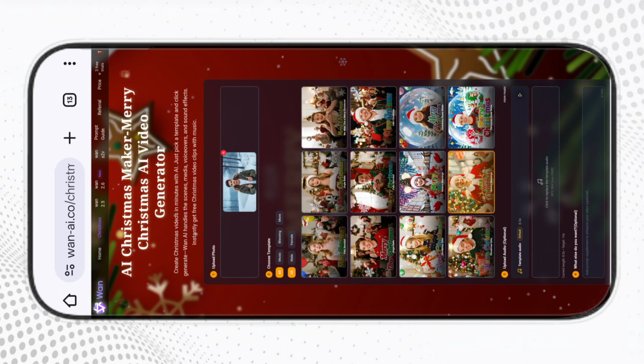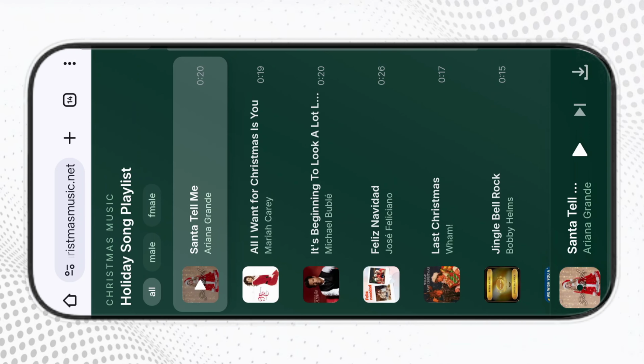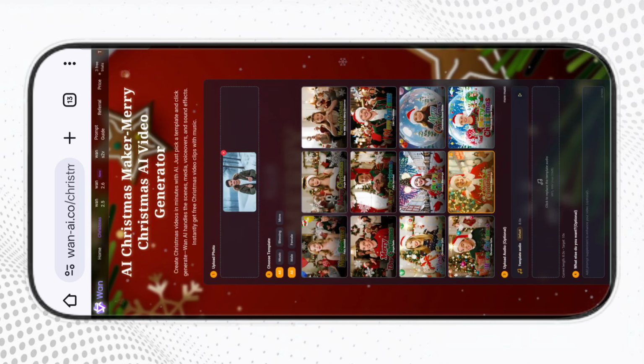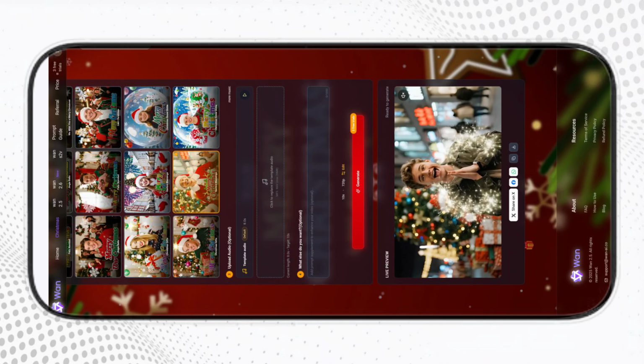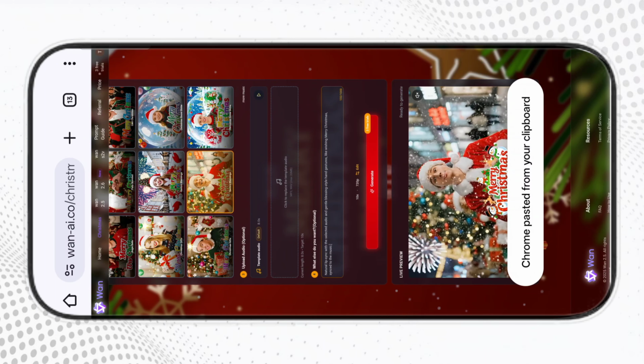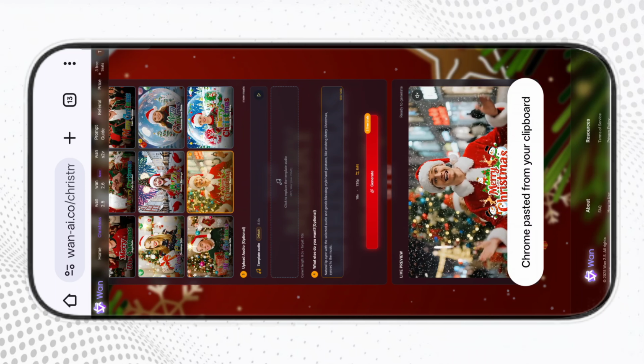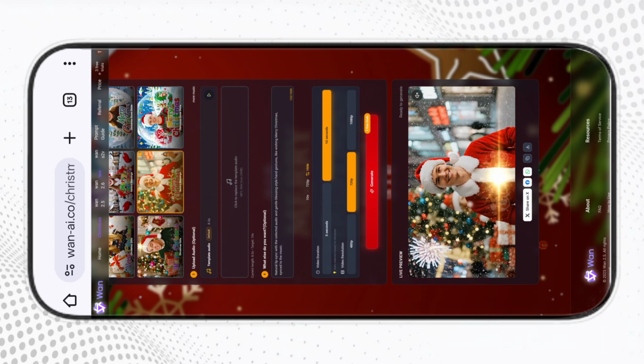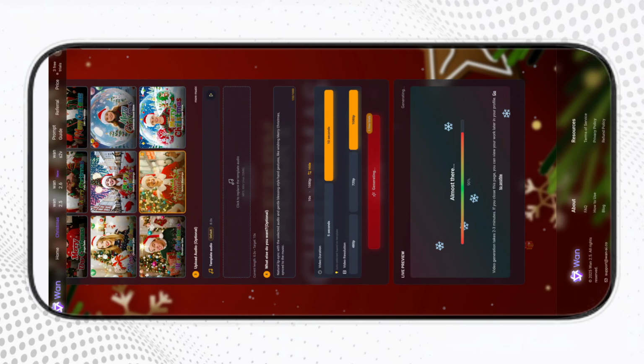Then in step 3, click on more music. You'll get plenty of music options and you can choose any one of them. If you want, you can also click on this option and add your own custom blessing audio. Now you can either skip step 4 or for better results, you can add a prompt. You'll find this prompt in the description. Just copy it from there and paste it here. After that, select resolution and then click on generate. Within a minute, your video will be ready.